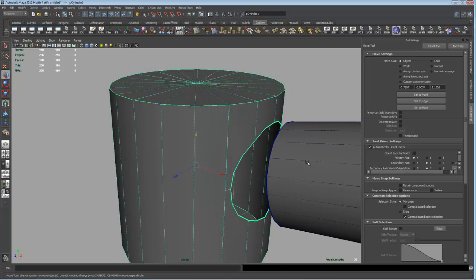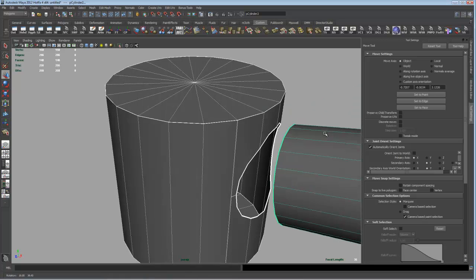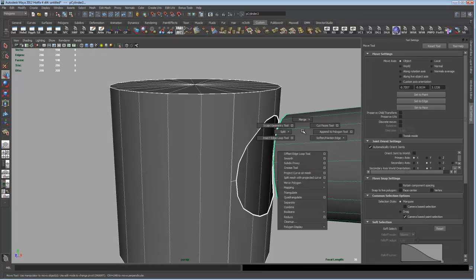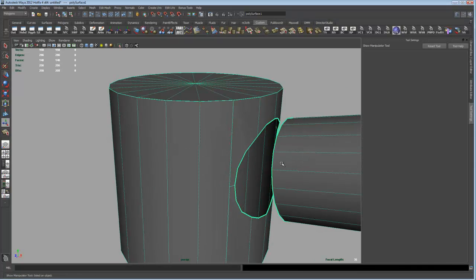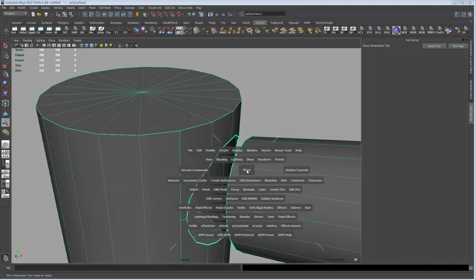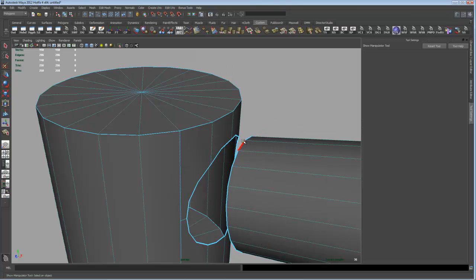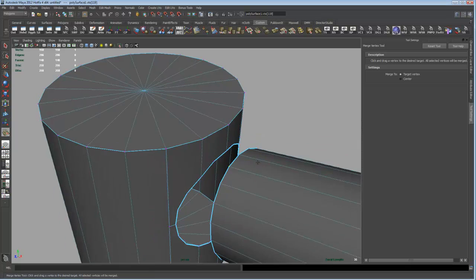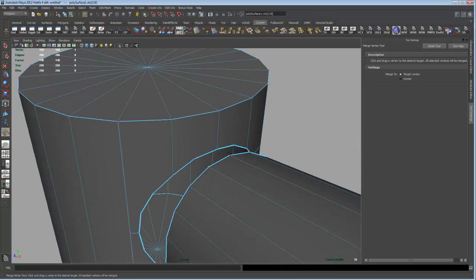Now, first thing I need to do is combine the two objects together so that I can connect them up. And then using a new tool that Autodesk added, it was called Target Weld. They've added a new thing called the vertex merge tool. So if I go to vertex mode and pick a vertex, then holding the shift key down in the right mouse button, I can go up to vertex and then drag down to vertex tool and drop that. And now I've got that tool handy, and I can just sit here and zip these two parts together